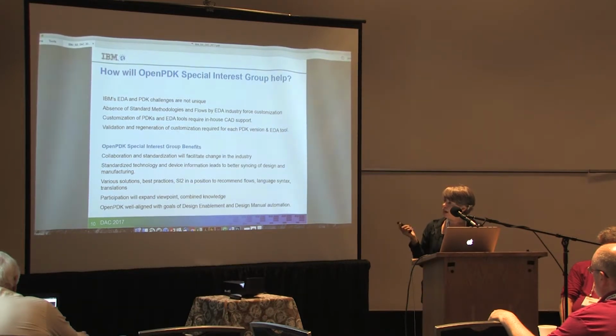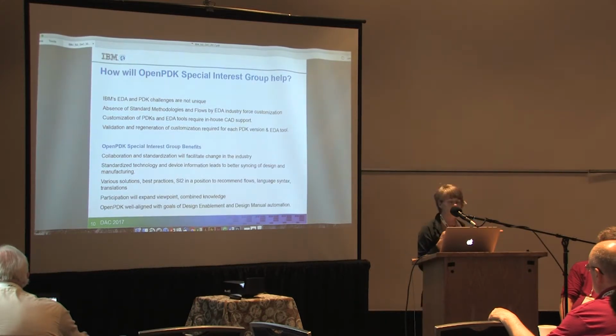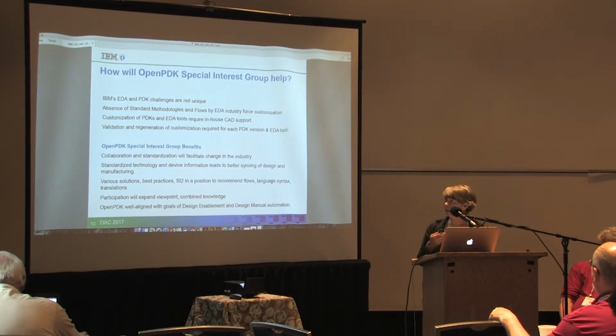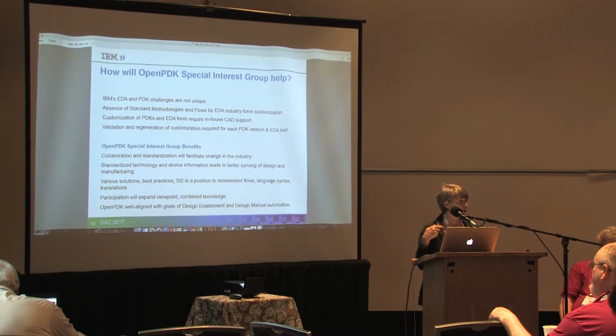Various solutions, best practices. Si2 is in a great position to recommend flows, language, syntax, translators. As Ted was talking, they have that academia leg that could really assist with a lot of these standard tooling. And participation will expand viewpoint and combine knowledge because,